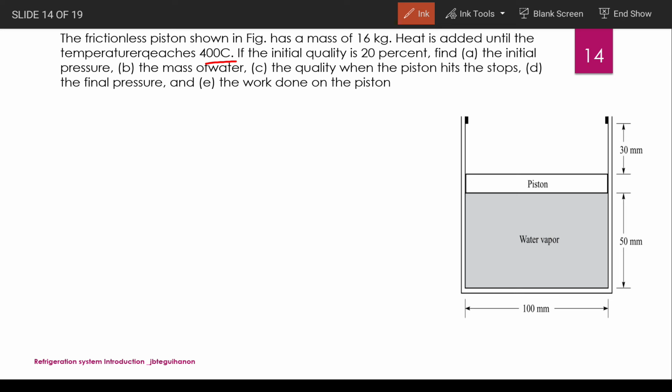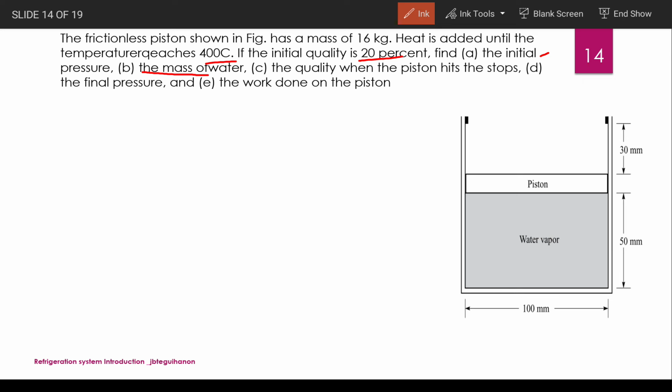If the initial quality is 20%, find A, the initial pressure. We have done that in the previous video. And B, find the mass of the water. So tonight we're going to continue the calculation of C,